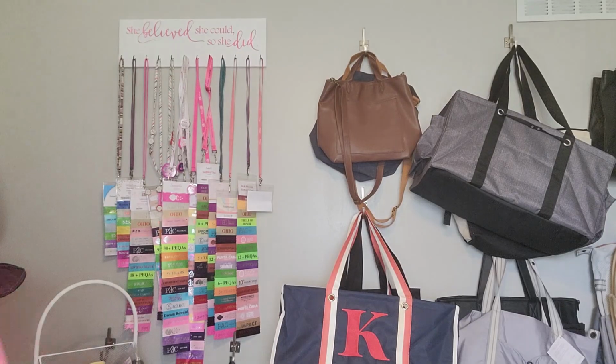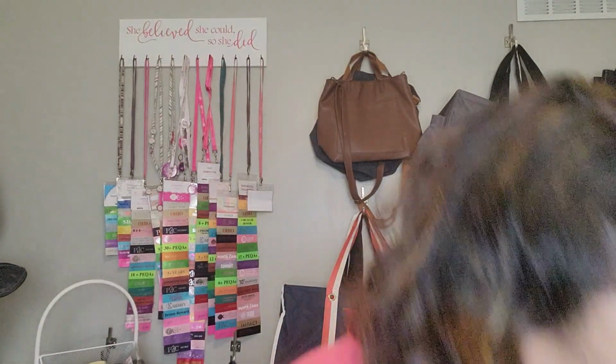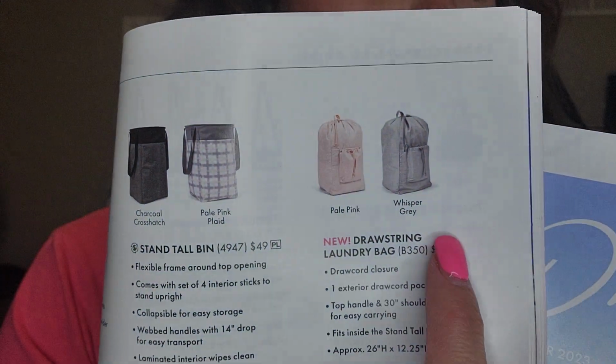Another one I want to share with you is our drawstring, let me make sure I get the name right here. This is our, nope, that's the bed organizer. Goodness gracious. So this is our drawstring, I want to say laundry bag, is what it's called. Pale pink plaid is the other print for the bedside organizer. So drawstring laundry bag, yes. So the bedside organizer is $33, the drawstring laundry bag is $29, and it comes in pale pink and also comes in